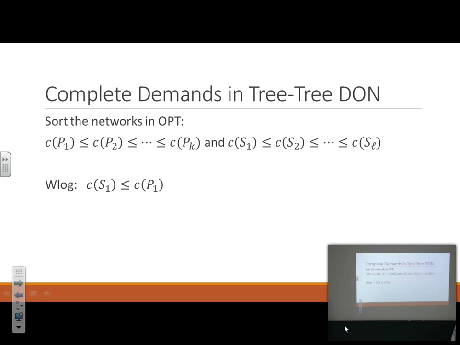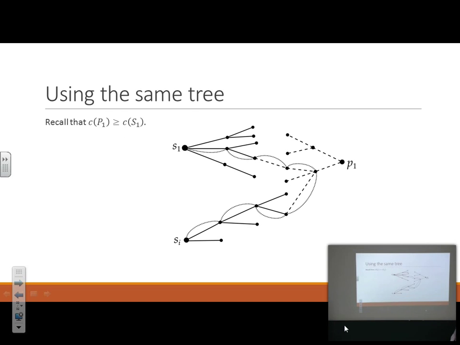So how does the reduction work here? Well, this is the cheapest subscriber. His or her tree is the shortest of all. Now what do I do? I want to convert this to a problem where roughly everybody is building the same tree. If everybody is building the same tree, then it's like doing connected facility location on that tree. Everybody's building that tree, and everybody else just wants to go to that tree. You will all agree that the best candidate for that tree is the cheapest tree.